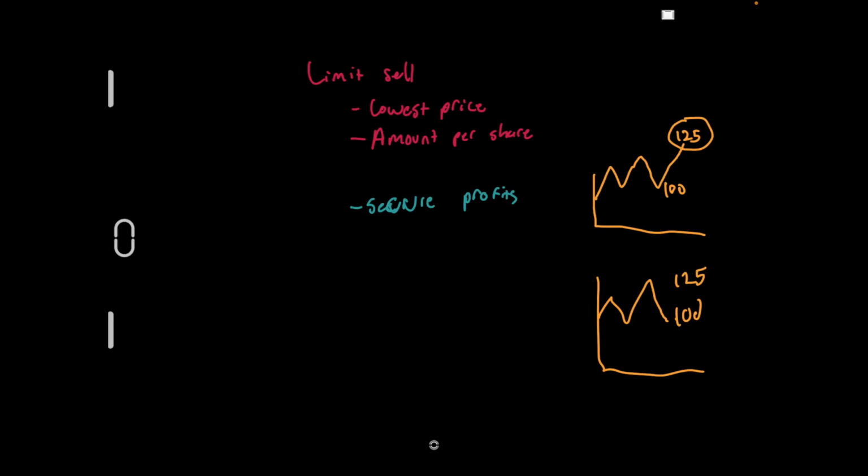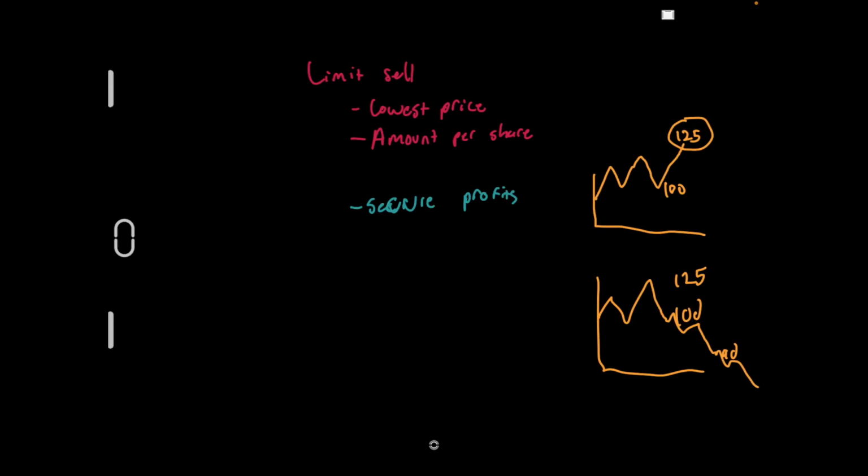However, the stock never actually hits $125 and slowly plummets down to $90, and you lose a ton of money, and it could continue dropping in the future, and you will lose a lot of your money from